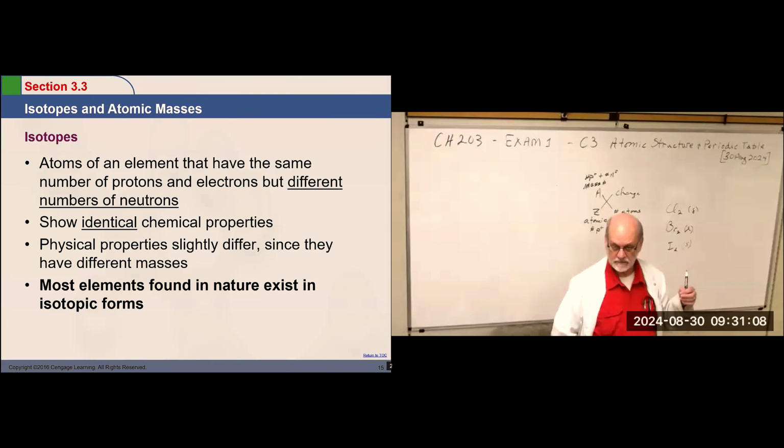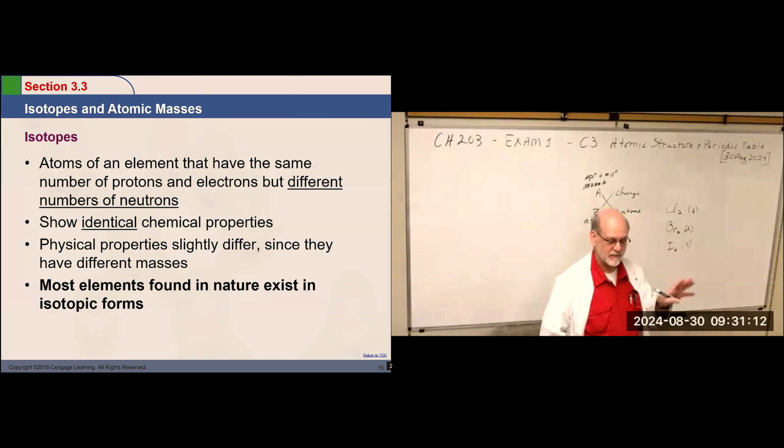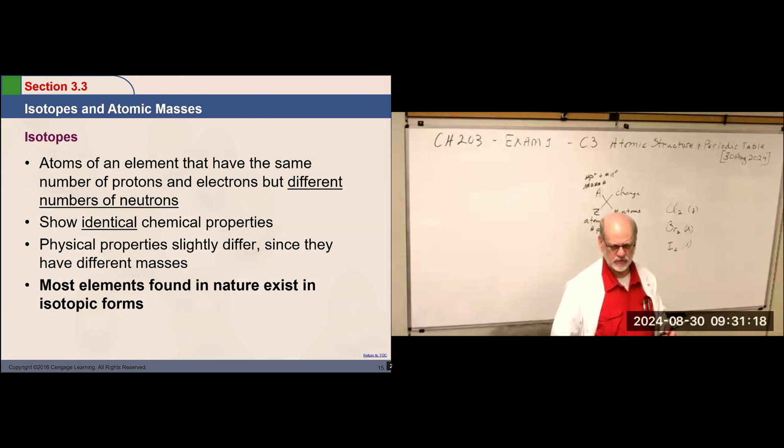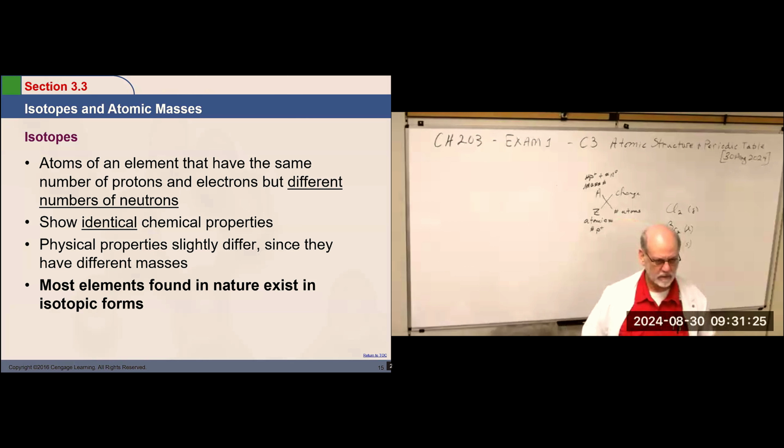So its atomic mass, not the mass number, but its atomic mass is 12.01. It's a weighted average. It's kind of like doing your GPA. This course is worth how many credits? 4? I think 4. Okay. If you get an A in this course, it carries a whole lot more weight than an A in a 2-hour course. That's the idea.